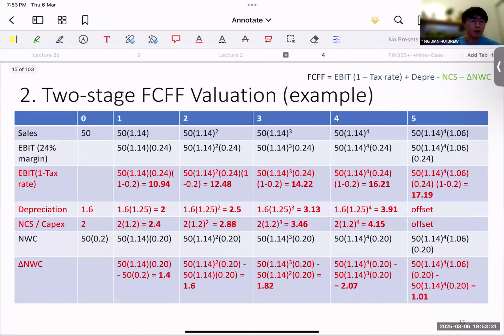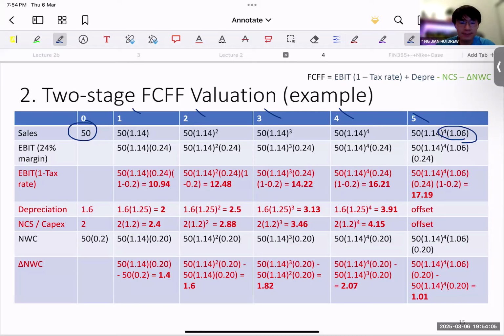Okay, so this is where it's important. Chances are you'll be using something like this in your GBAA or ECA. So we start with the sales, right? And then we know that sales grow at 14% every year. So in your project, you probably need to do some forecasting. So you forecast at 14%, let's say increments like this. But at year 5, because it drops to